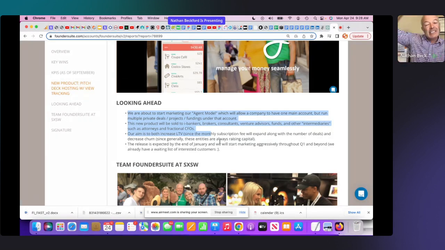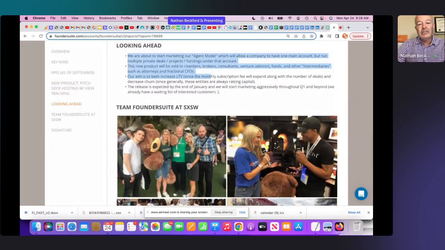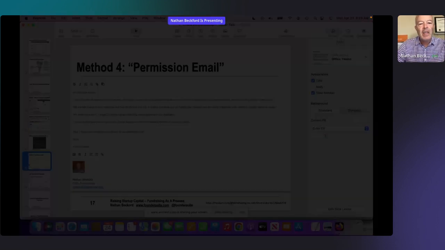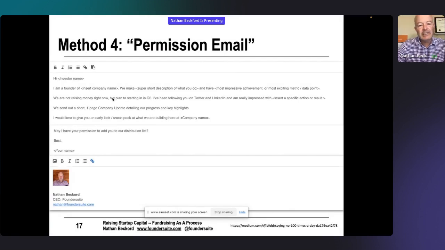The next month update, I see that he actually achieved some of this stuff, and just putting a face to the name, he sees your face over and over again. And you do this for a couple months in a row, and it's amazing. Investors actually will start to pick up on what you're doing, and you can track, of course, who's looking at your updates, how much time they're spending. And the whole reason we do this is because once you really are ready to raise money, you've built